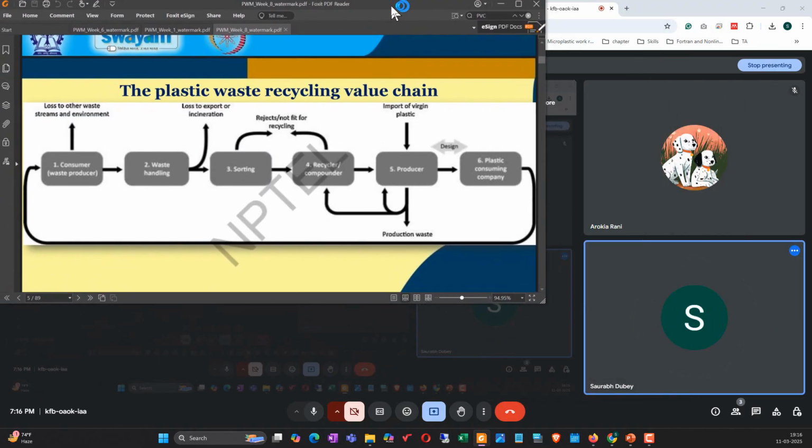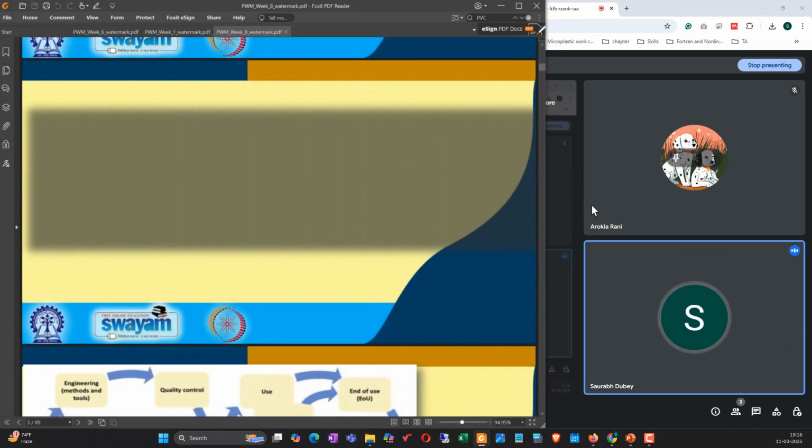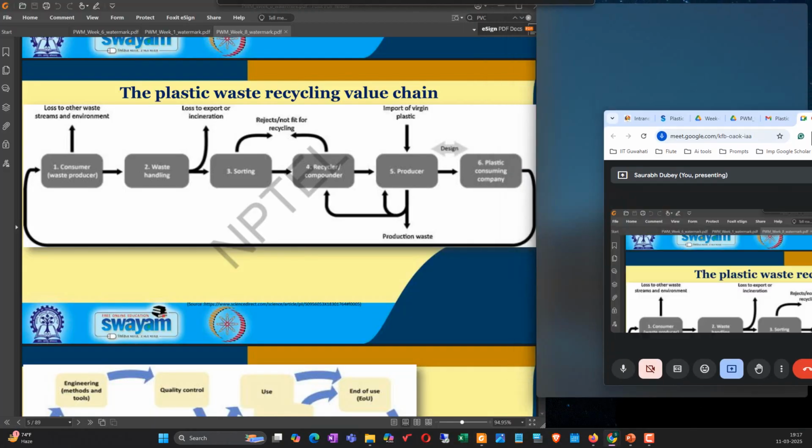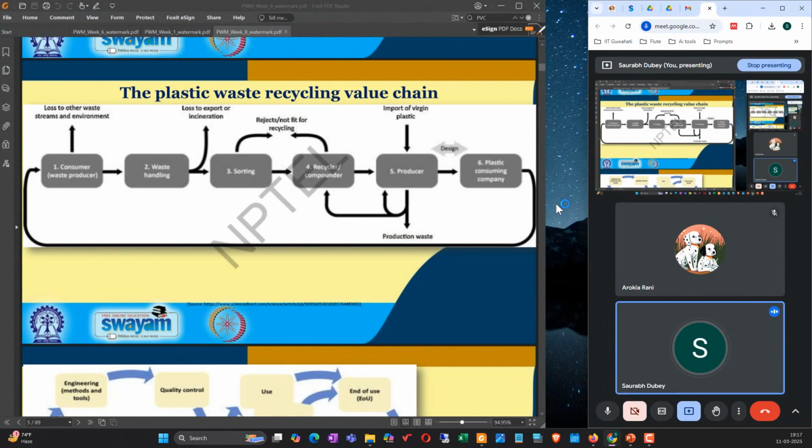environment, right? Let me just make it half so that I can see both the screens, and just make it half. Yes. So